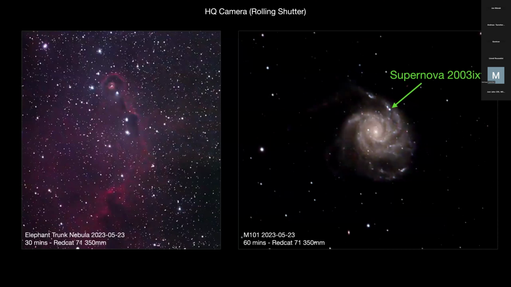So here's some of the astrophotography done with Astrid. On the left, we've got the Elephant Trunk Nebula. This was done with a Red Cat 71, which is 350mm focal length and 71mm aperture. That was 30 minutes of stacking. On the right, we've got